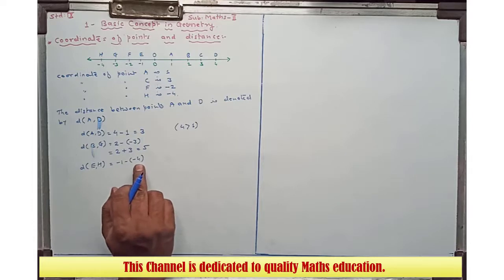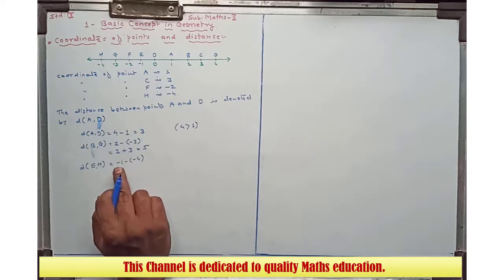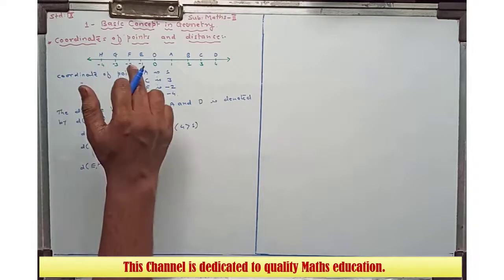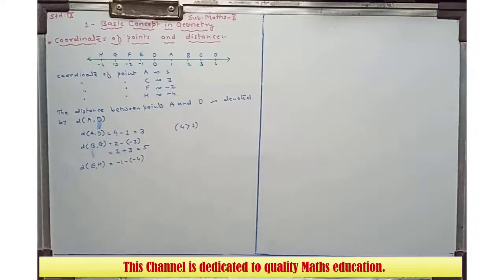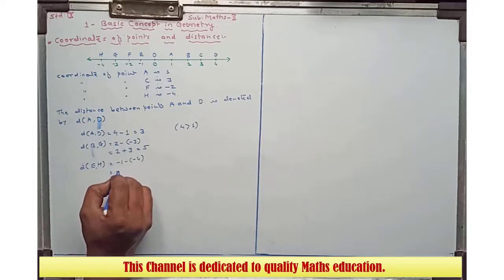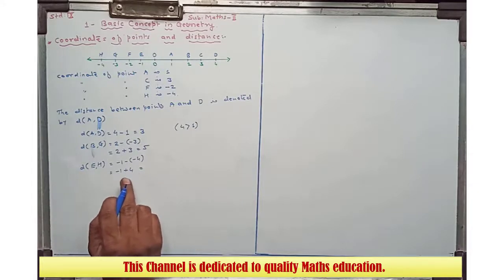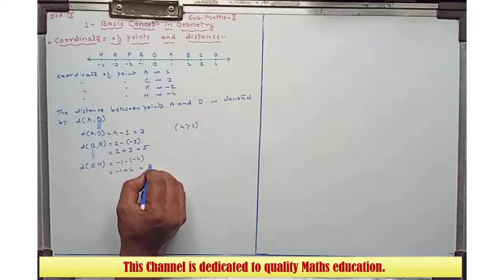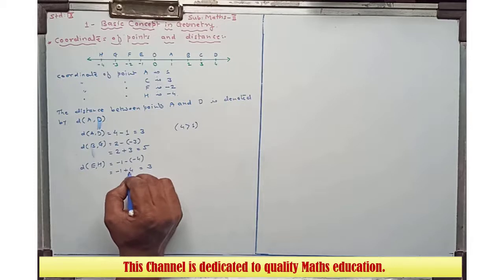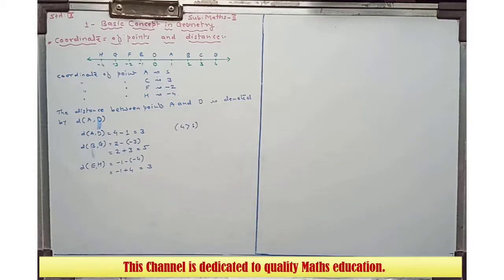The smaller coordinate is -4, and we have to subtract the smaller coordinate from the greater coordinate. Now which number is greater, -1 or -4? Remember one thing: comparing two coordinates, the right side coordinate is always greater. So that is equal to -1 plus 4, and here different signs are there. When different signs are there, always take subtraction. So 4 minus 1 is 3, and just put the greater number's sign. The greater number is 4, which has a positive sign. So the answer is +3. So the distance of EH is equal to 3.